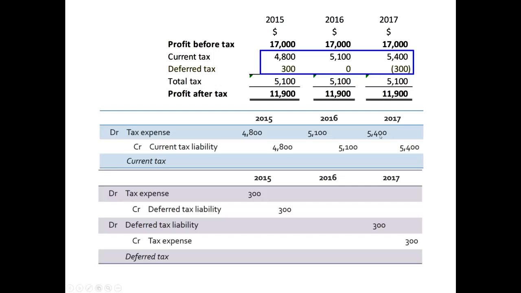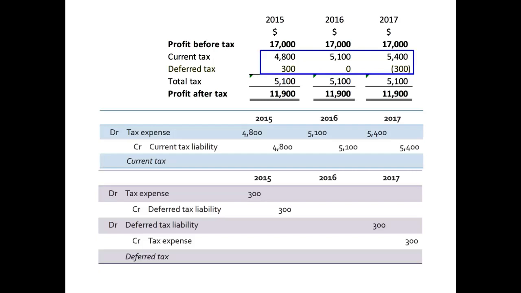Okay, so in the year 2016, there won't be any deferred tax entry at all because we don't need to put through that adjustment. But in the year 2017, as you can see, the tax expenses should be reduced, so we credit it. And on the debit side, we would debit deferred tax liability. Why do we debit deferred tax liability? Remember, we create a timing difference first, then we reverse it. So at the end of 2017, no more deferred tax liability balance exists. And that's how we did it